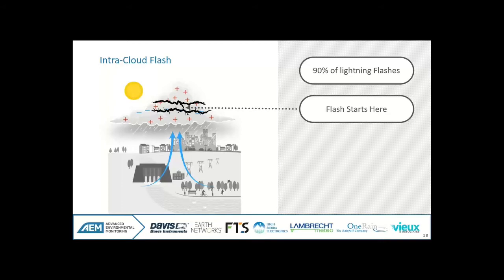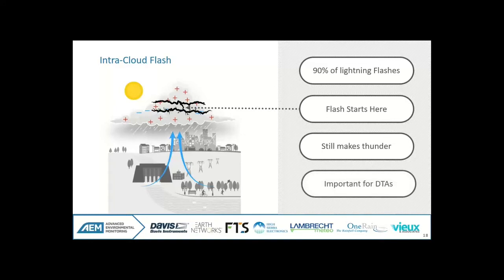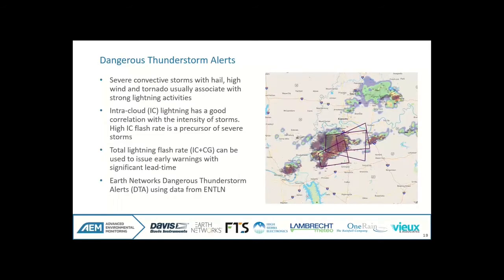And it's obviously a hazard for the aviation industry, but you should also pay close attention to it because, again, intracloud lightning can still make thunder, and you can still usually see it, and it's important for DTAs. What are DTAs? Those are dangerous thunderstorm alerts. These are something exclusive from Earth Networks that we supply to our friends at OneRain through the Contrail software package,